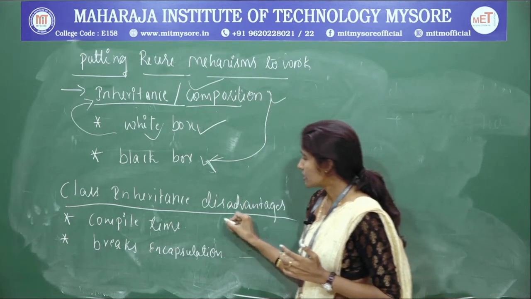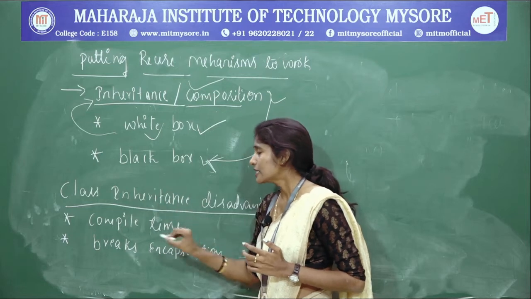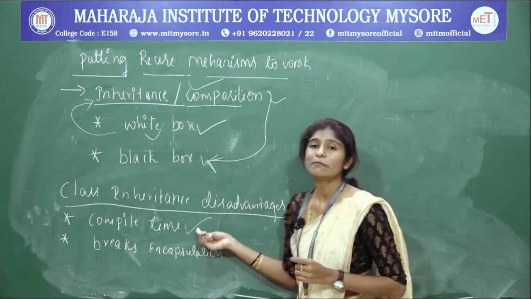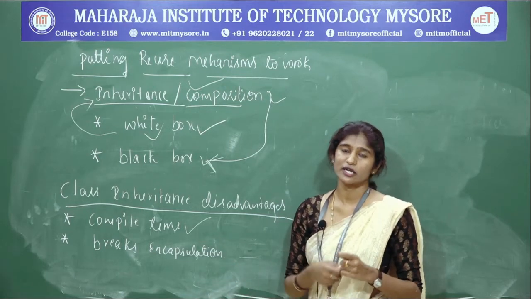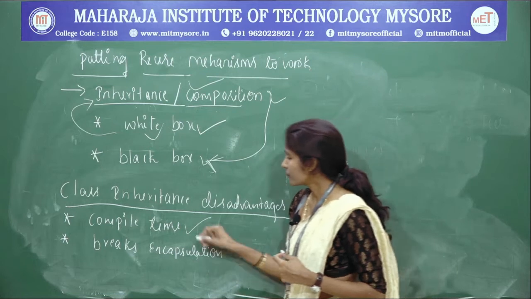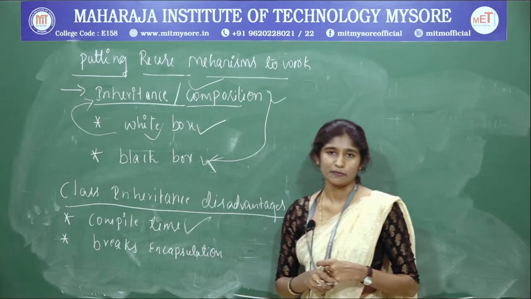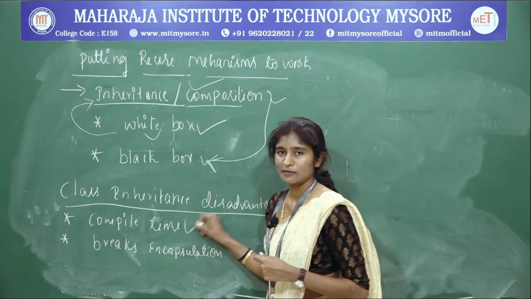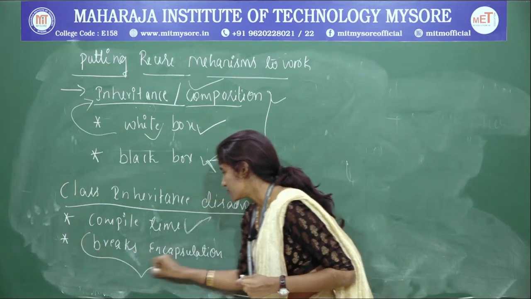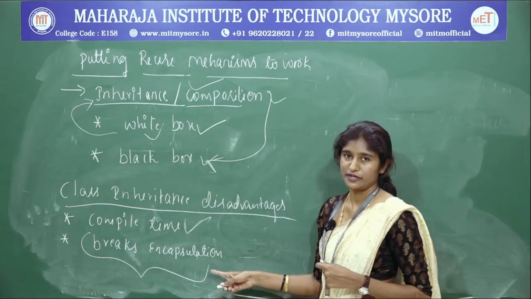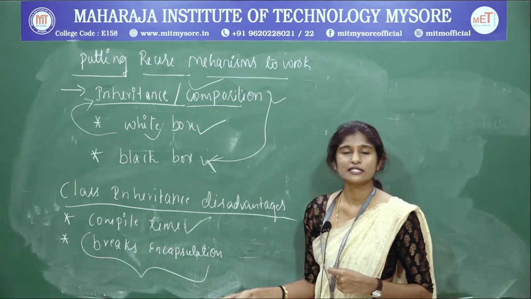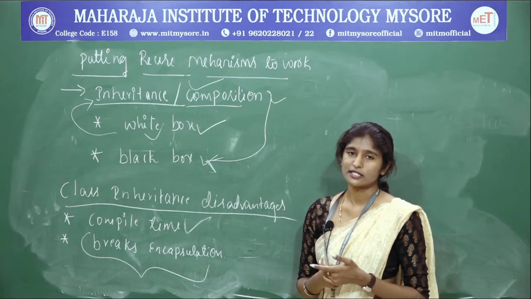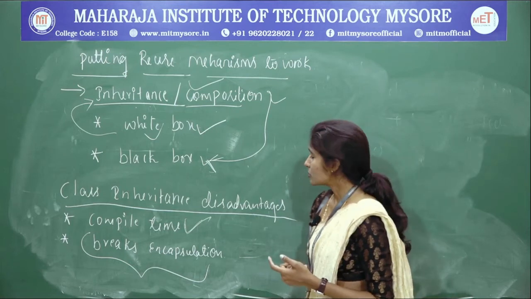So we'll see what the disadvantages of inheritance are. The very first one I have written is that it deals with compile time. Inheritance, the changes and everything, will be dealt with at compile time, not at run time. So we inherit at compile time, in static time. But in this point, which I suggested in the previous part, it breaks encapsulation. It violates the OOPS rules, that is, the object oriented concept rules. So what is that?